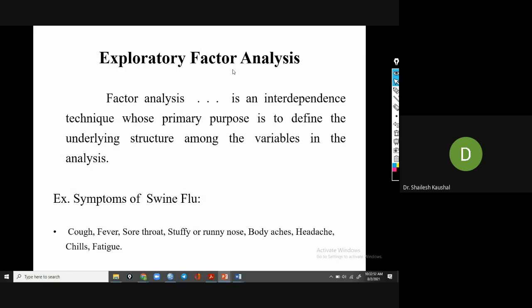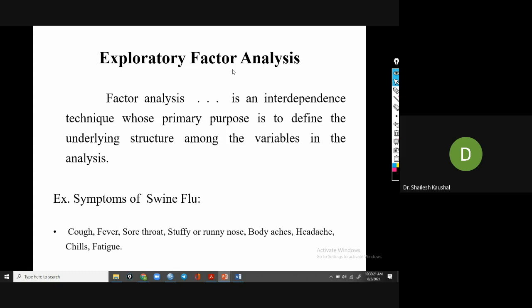For example, to know if a patient is satisfied with the doctor, we can ask: are you satisfied with this doctor? The patient may say yes. Will you recommend this doctor to others? It's another question. If he is satisfied, then he will recommend the doctor to others. Will you revisit the doctor again? So all the questions are related to satisfaction.